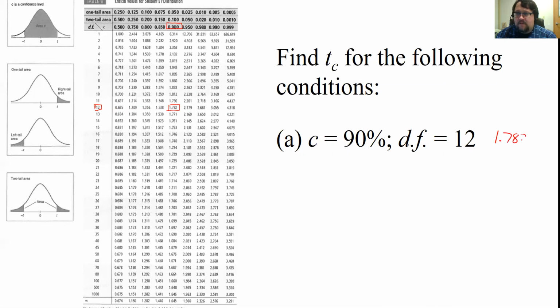1.782. That's my T value. You can put T sub C for confidence. All right, so then let's do the second one. So T sub C,